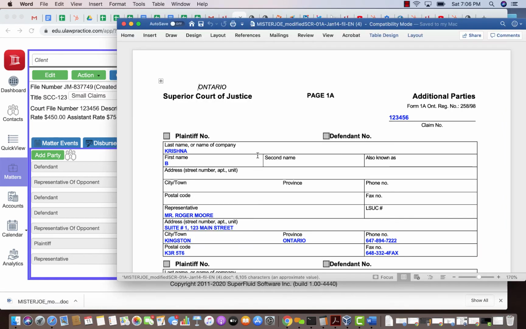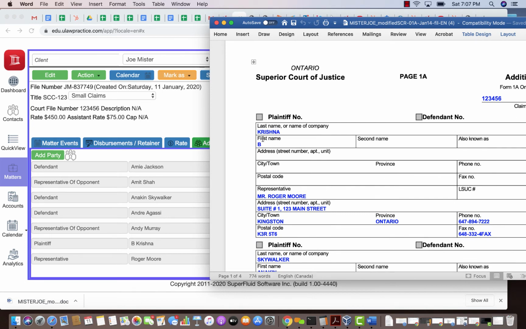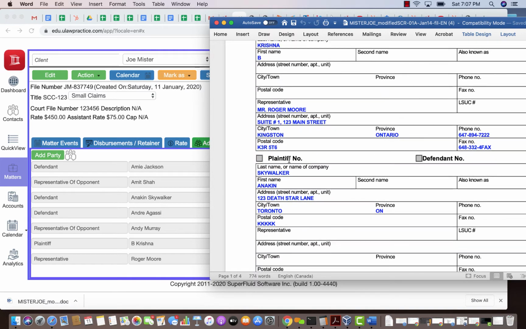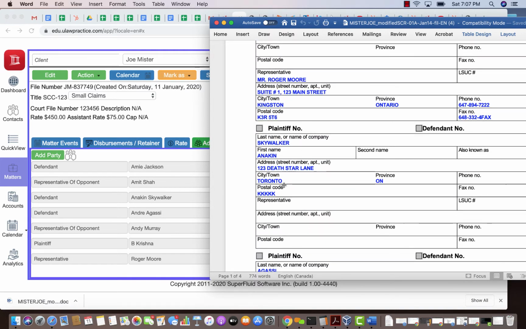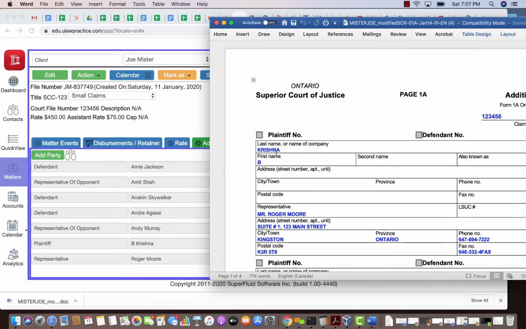So as you see here, the first plaintiff made it, which is B. Krishna, because Joe Meister was the first, so second plaintiff, made it. The second defendant, which is Anakin Skywalker, made it. He had no representative, so that is mentioned. And Andrea Gassi, who is the third defendant, made it. And Andy Murray, who is his representative, also made it. So as you see here, that in this form, it starts from the second, whether it is plaintiff or defendant,